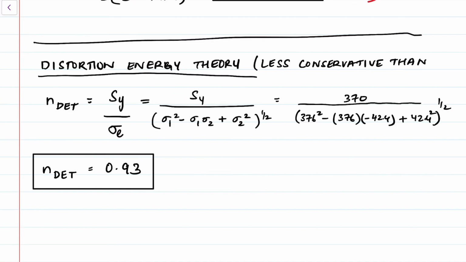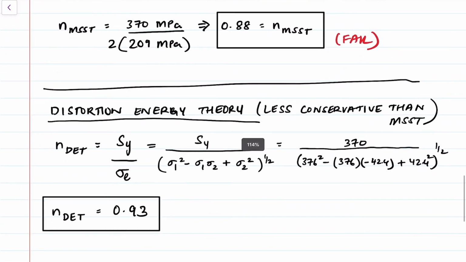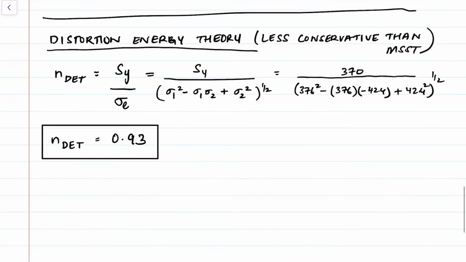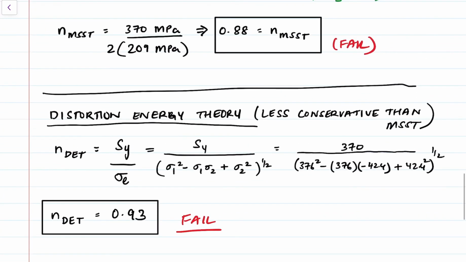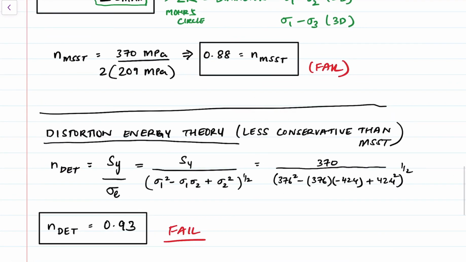But the failure envelope related to the distortion energy theory fits experimental data much better. But again, this will fail as well because it's less than 1. Now, one thing to note is for MSST the factor of safety is 0.88, and for distortion energy theory, the factor of safety is 0.93. So